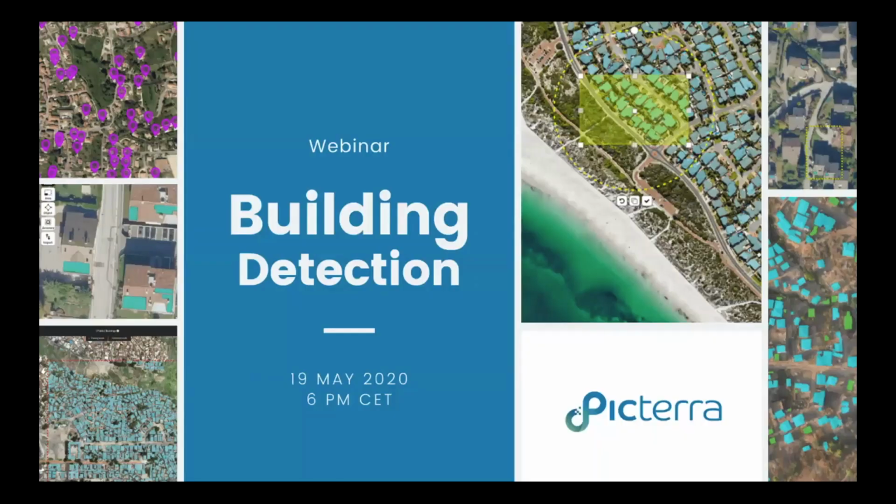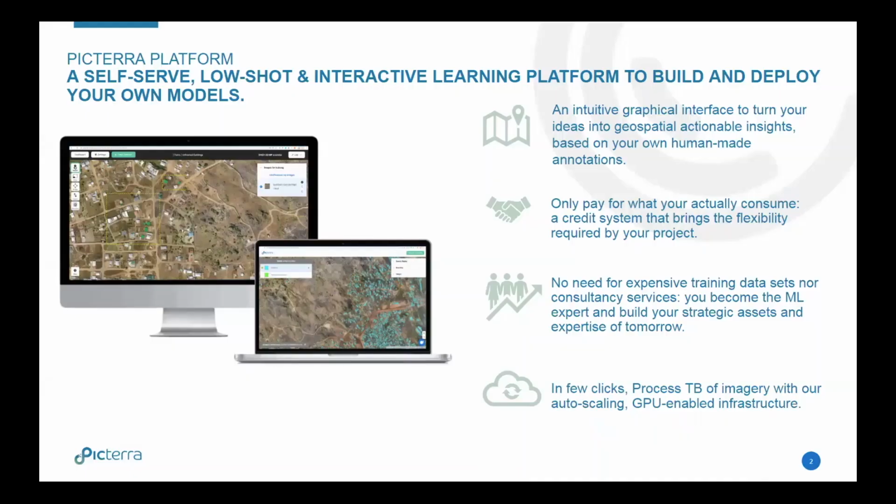So just very quickly for the ones less familiar with Picterra: we are a web platform that allows you, in a very autonomous way, to train and deploy deep learning models to extract geospatial information from your imagery. The idea is that you can extremely quickly start to train a model, and in terms of investment, time and cost, this scales with your project. So you can start with something very small and then make it scale,